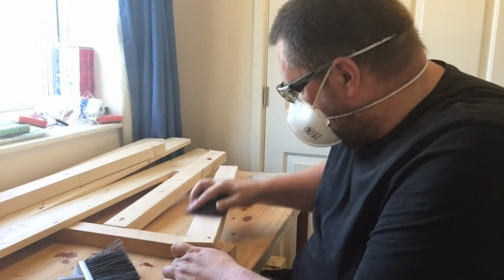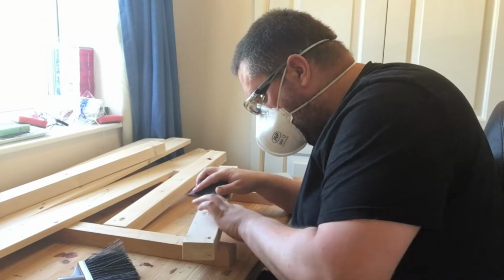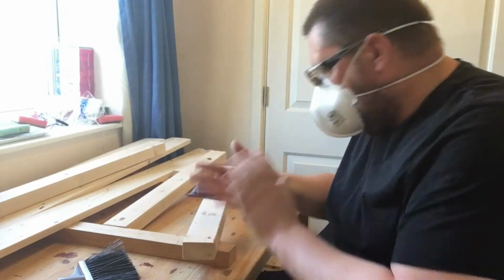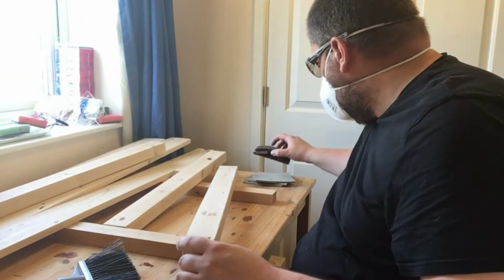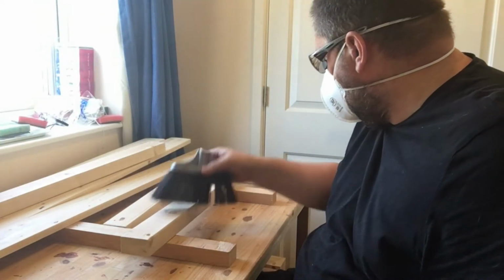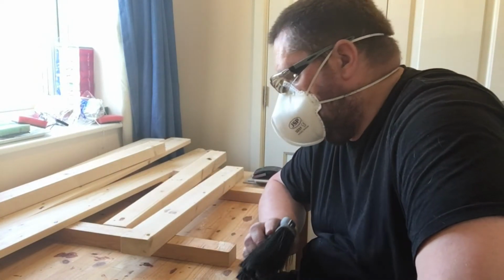It's definitely going to need power tooling connection. I mean, it's coming down, and it's coming down quite level. It's just taking a lot of elbow work, so what I will do is I will go down the route of power tools, but I'm not going to do that today because